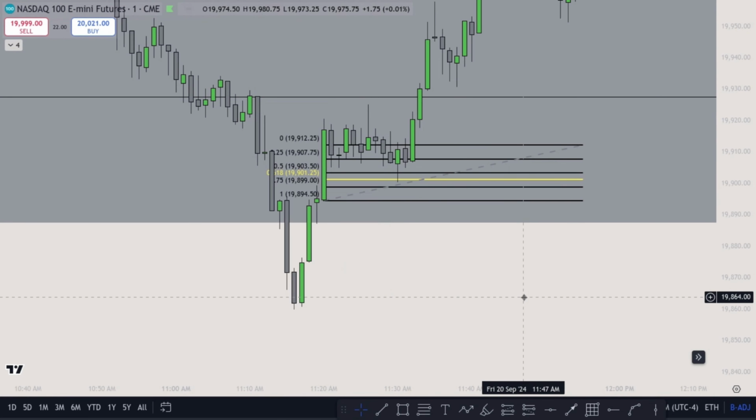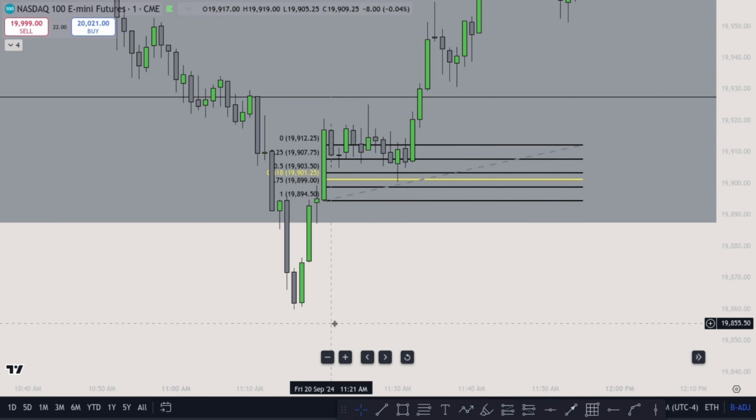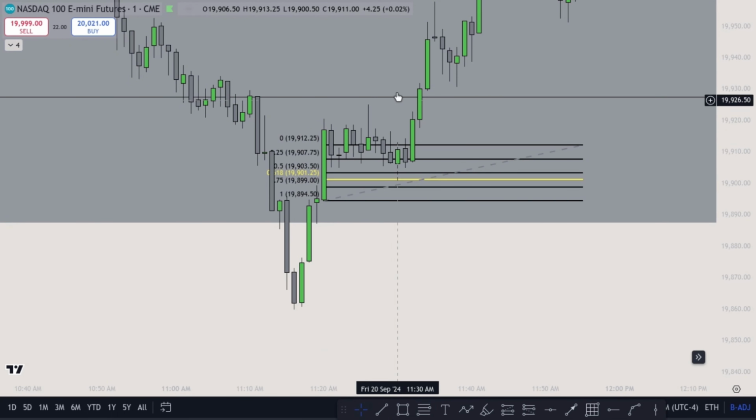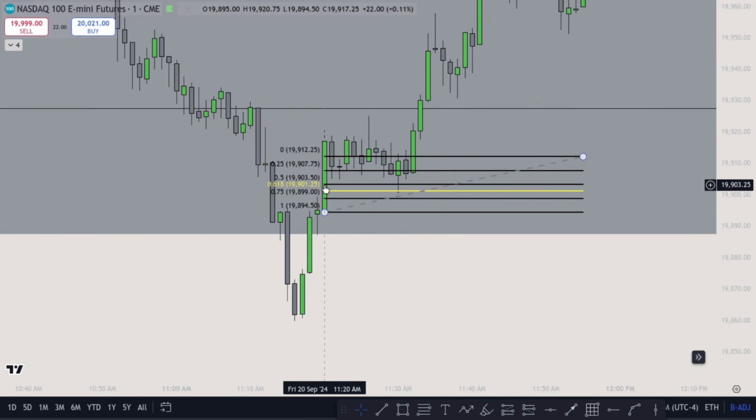Now, right here, there's gonna be multiple entries. But like I said, if you wanna be secure, if you wanna have a higher risk to reward, if you wanna have a better confirmation, a high probability confirmation, you're always gonna make sure to wait for the 5-minute closures. Those are gonna tell you the story if you wanna do a reversal. Now, this is one of the entries. This is one of my favorite entries